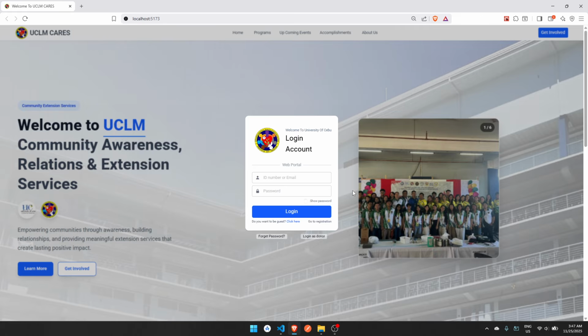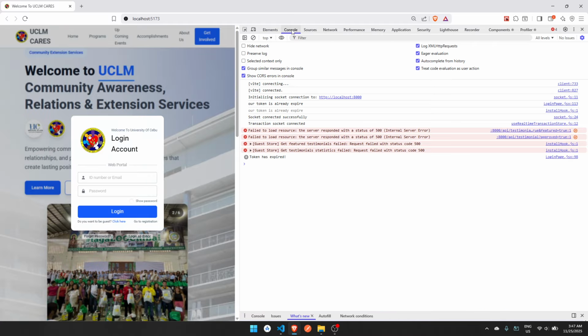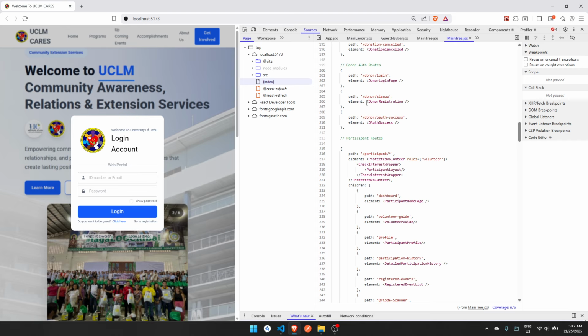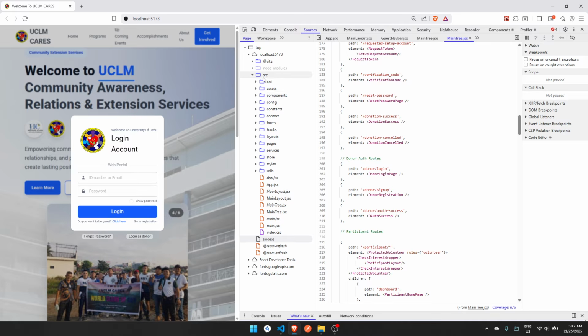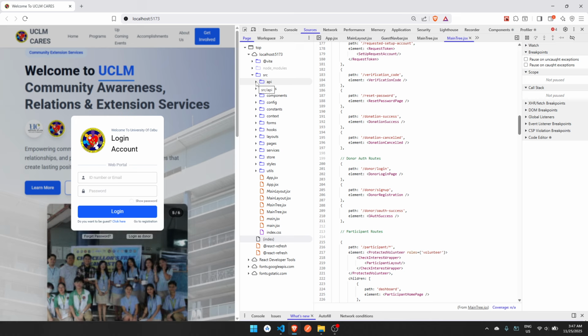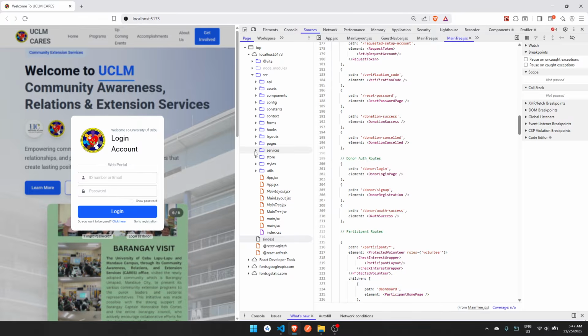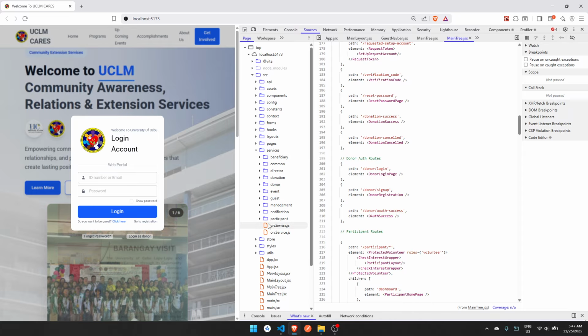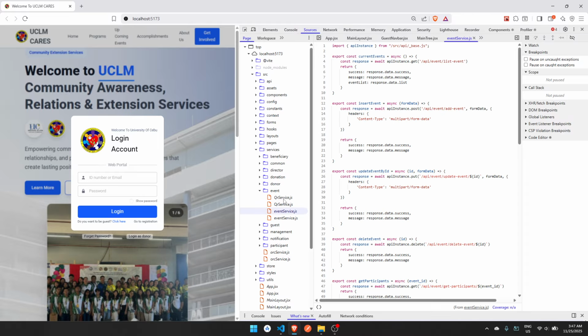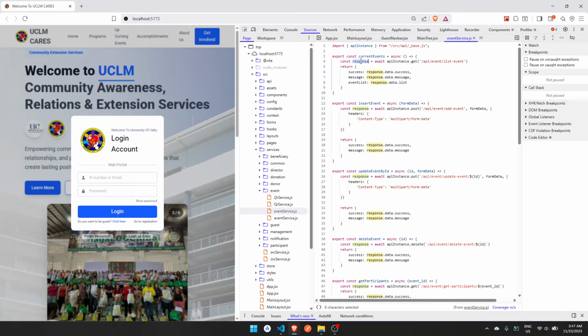You can see here in the console we have the response, and the source, which basically means we can access our folder here. Our folder is modular, and each folder is served for its own purpose. For calling APIs coming from our backend, we call it in the services. Basically, in the services, you can see we do the function, and it will have the variable of response.